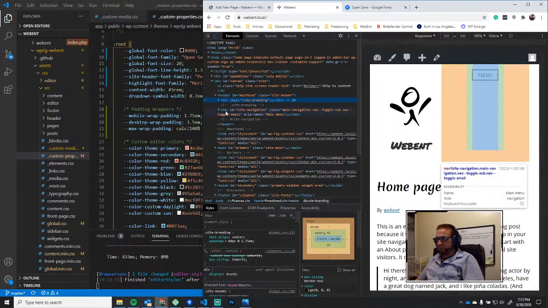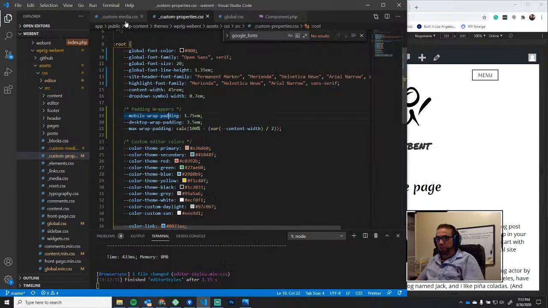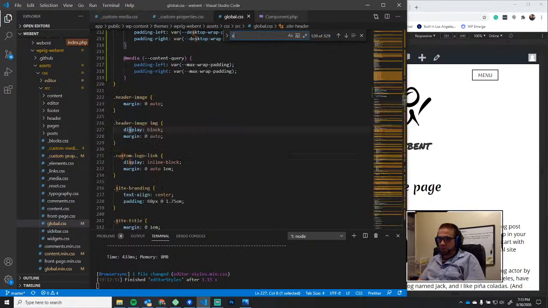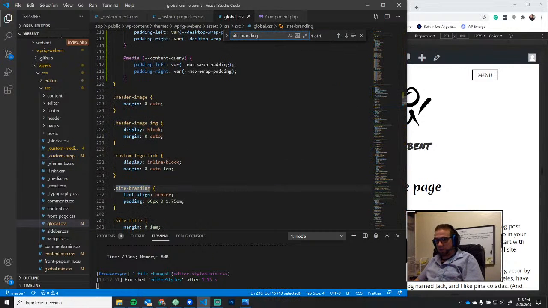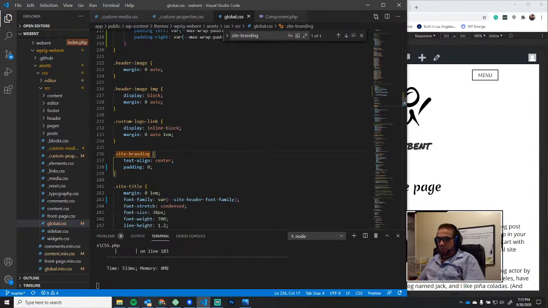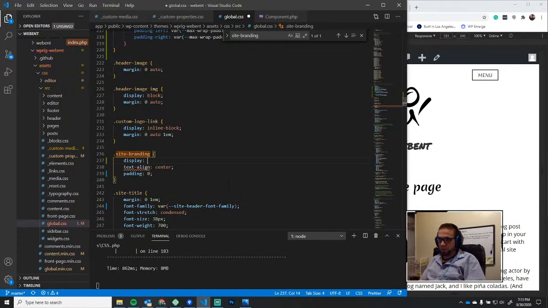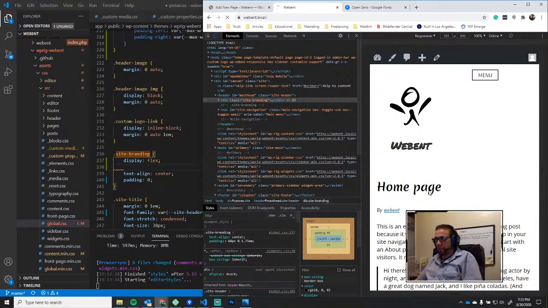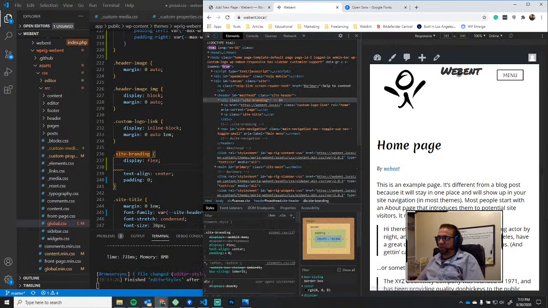Now we got site branding with a bunch of padding, which is annoying. So site branding, it's in here. I'm just going to give it a padding of 0. And we're also going to give it a display of flex as well. We're going to refresh it. You can see now it's